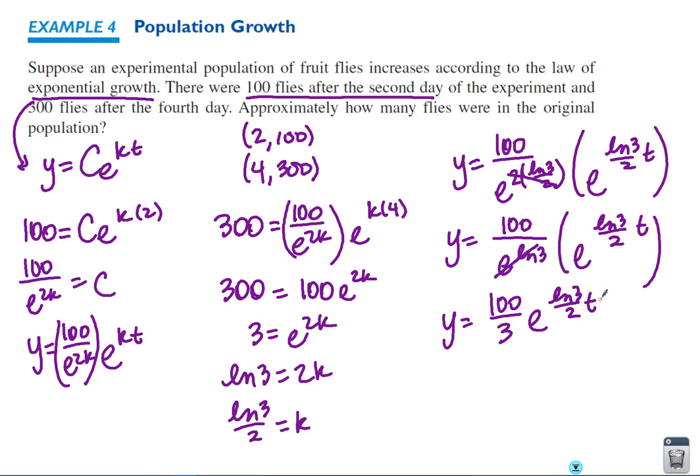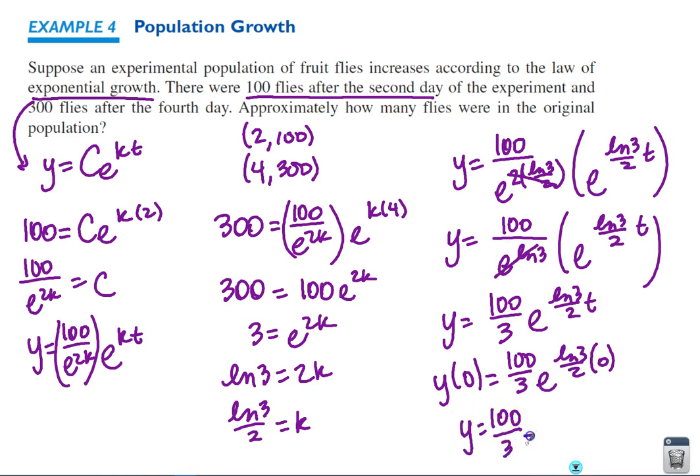Now technically I could do a little bit more here, but you know what? We've cleaned it up quite a bit just by getting rid of that part. I think from here we're okay. We want to know how many fruit flies were in the original population. To do that, I just plug in a 0. So y of 0 is 100 over 3 e to the 0, essentially, because natural log of 3 over 2 times 0. E to 0 is 1. So the initial fruit fly population was 100 over 3, which is